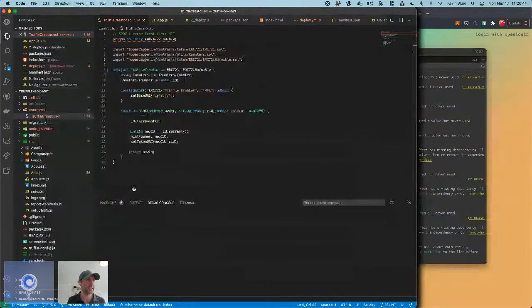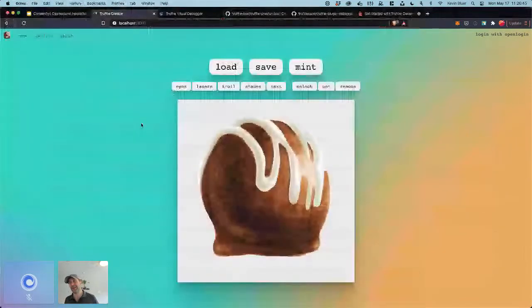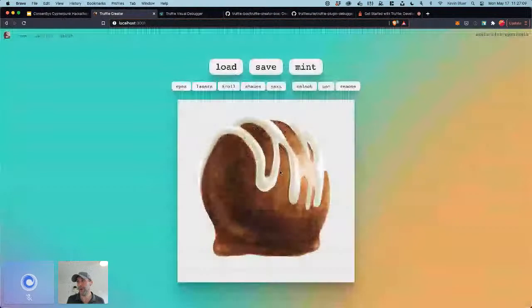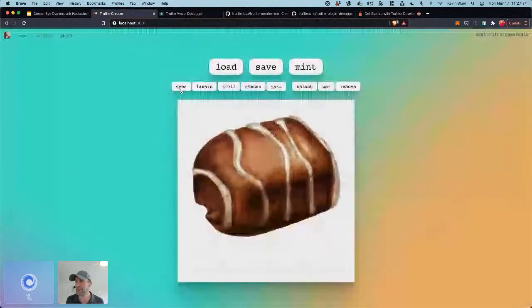So that's the contract. Now let's have a look at what the front end actually does, and we'll look at the L2 piece and so on. So it's kind of fun. The emphasis on this box was kind of novelty factor. So what you can do is create a truffle. There's some overhanging stuff that I played with here where you can load asset art from an existing NFT by its metadata. But let's say we want to load up our own custom truffle, put some eyes on it,